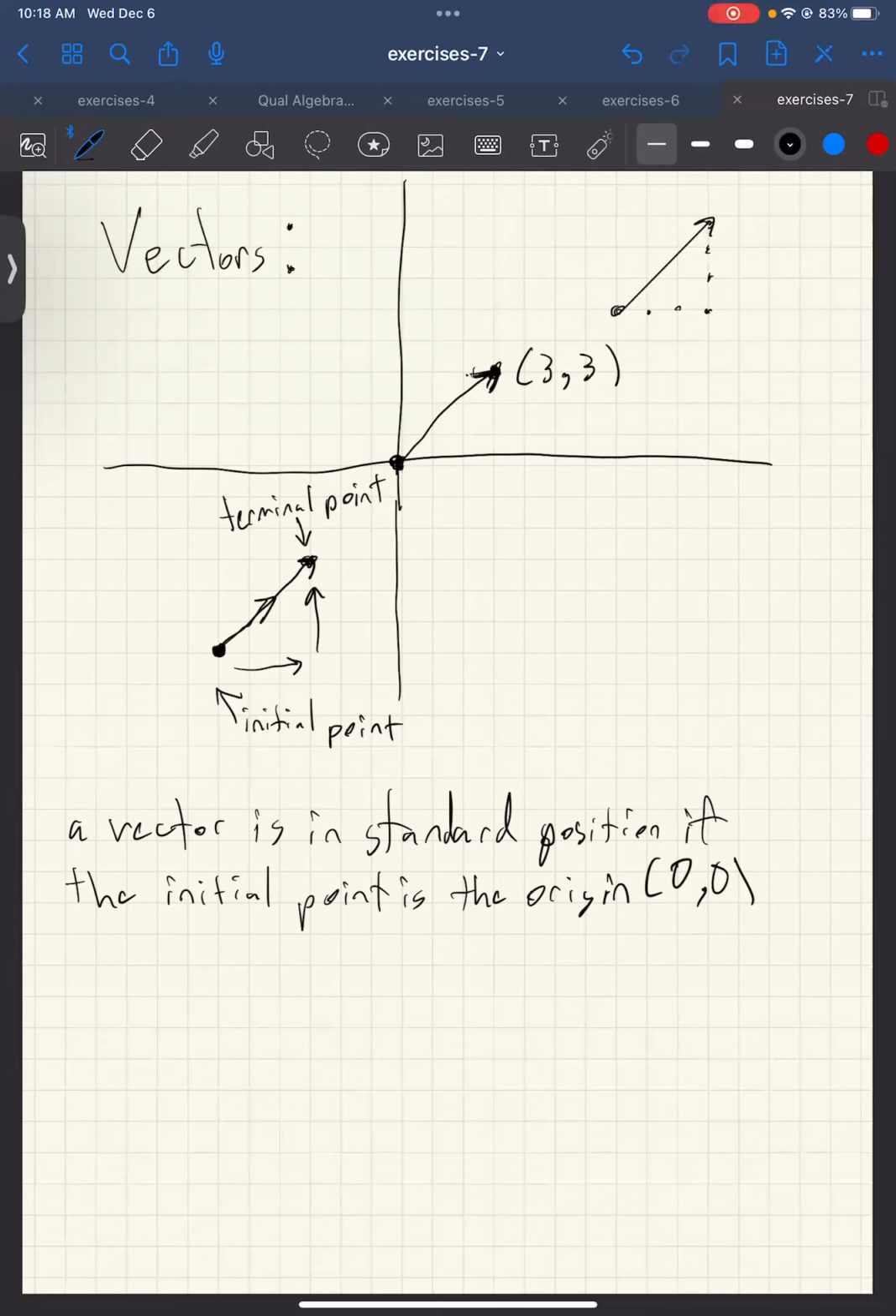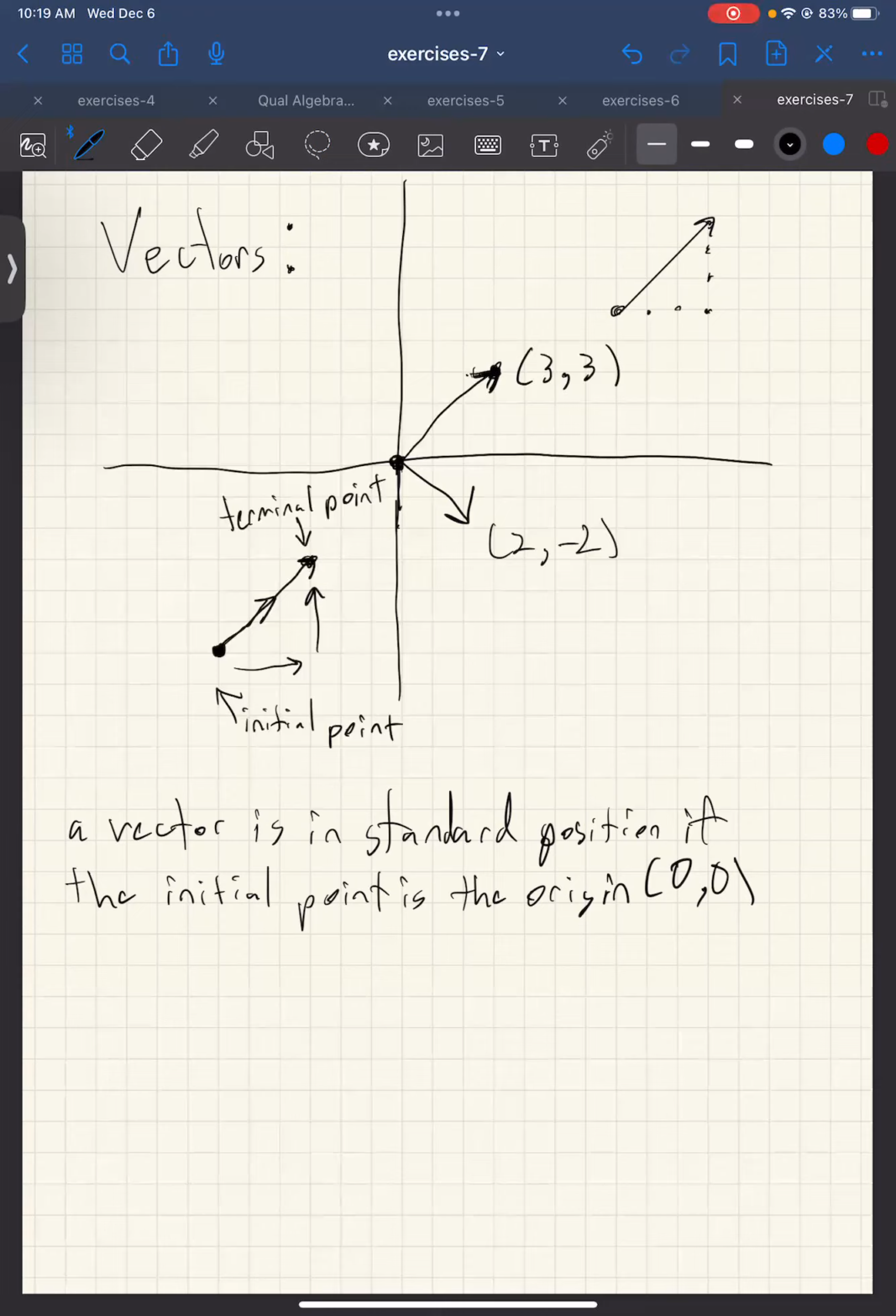If I say we go down 2 and then to the right 2, well, there's only one vector that goes from the origin to that spot exactly. And I said this was down 2 and to the right 2. Well, to that end,